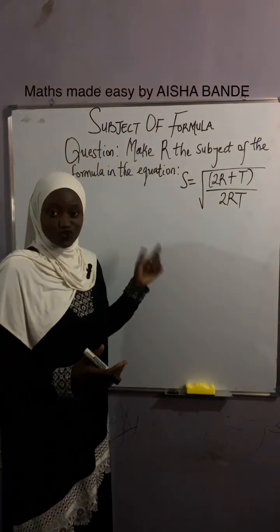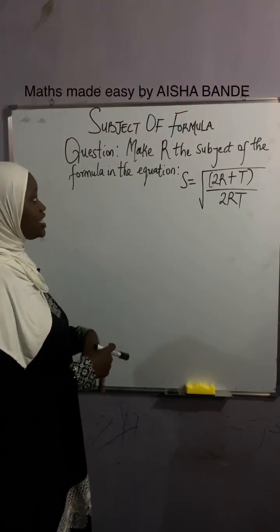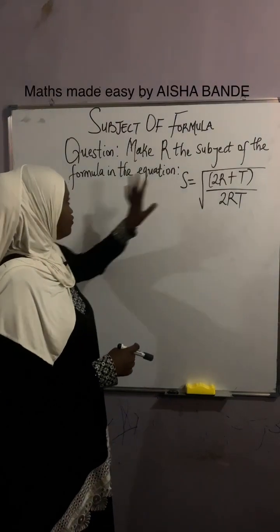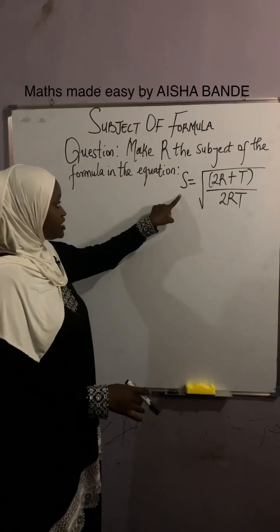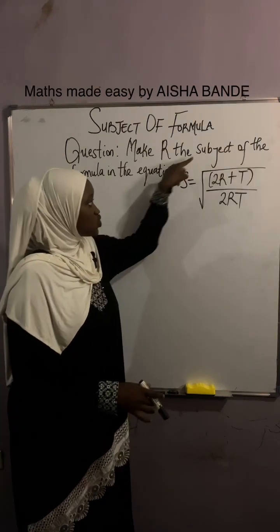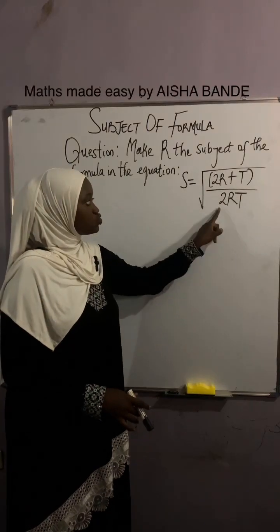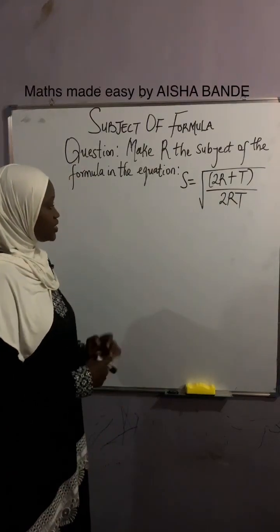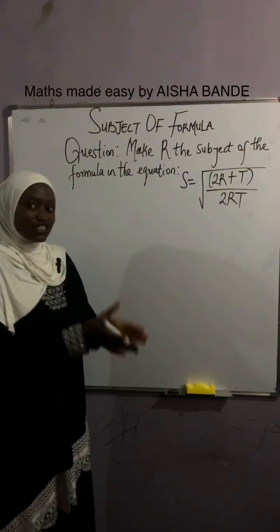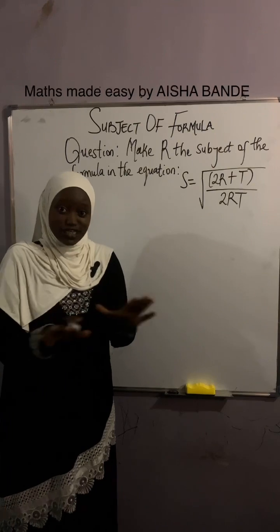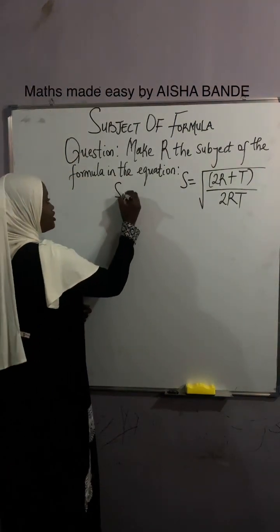So let's solve the first question we have here on the board. The question says, make R the subject of the formula in the equation. The equation given is S is equal to the square root of (2r plus t) all over 2rt. As we can see, R is appearing twice in this equation. So this might bring a little confusion, but there's nothing to be confused about. So let's go, viewers. The first step